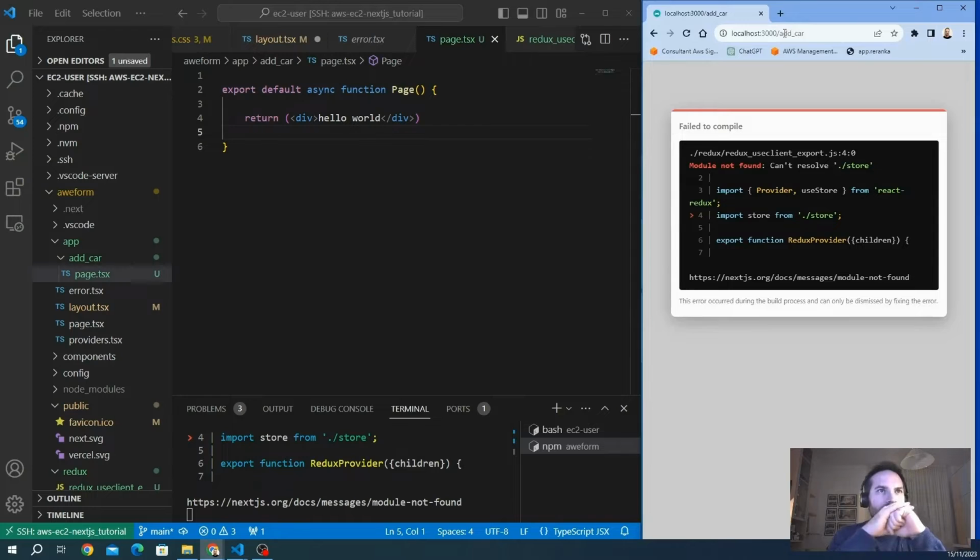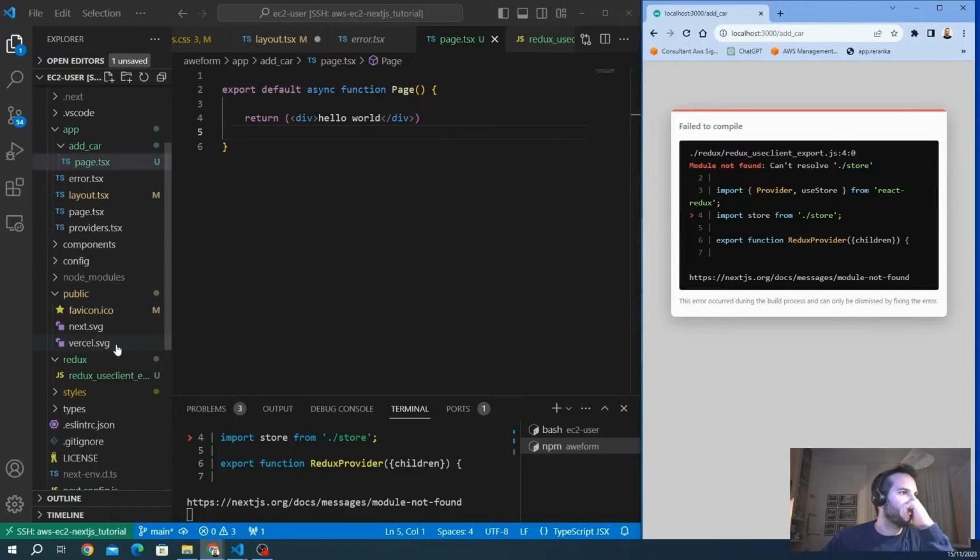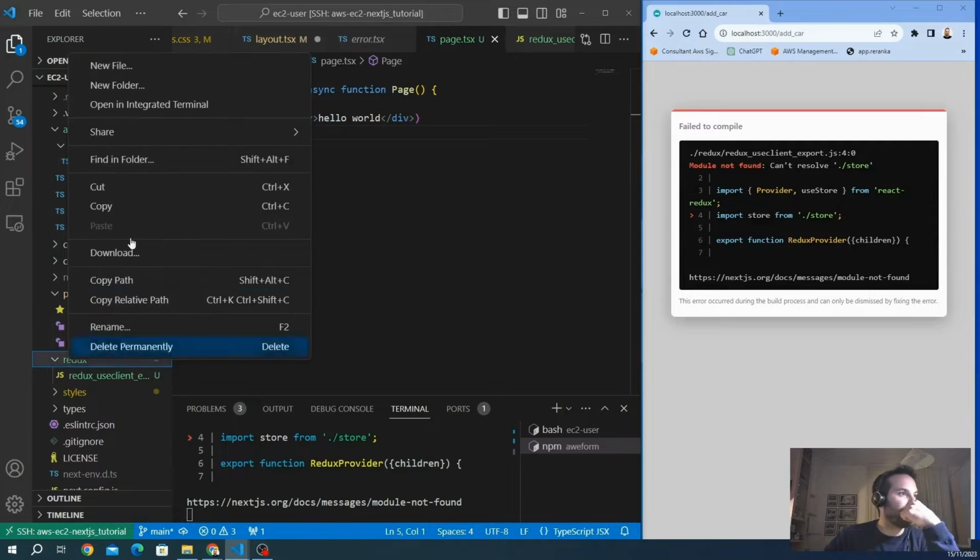We have a little problem. Of course, we didn't create the store in Redux. Let's go back to Redux, and we create the client component to wrap our application, but first of all we also need to create a store here. So in Redux, we create